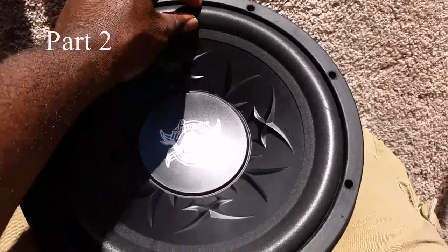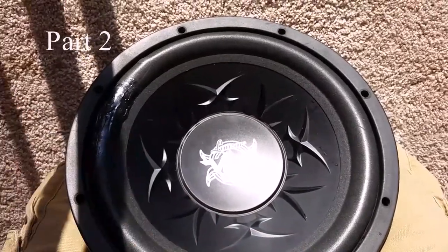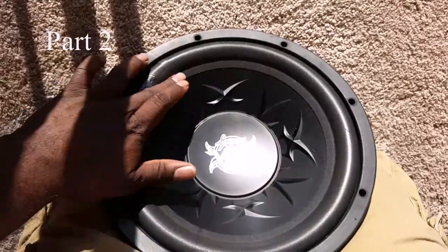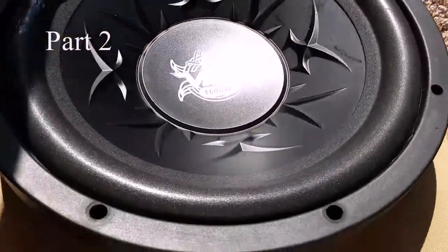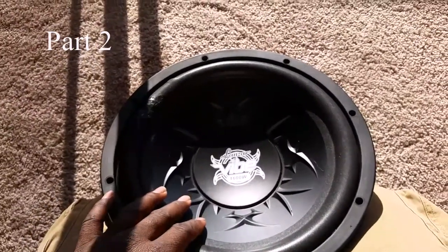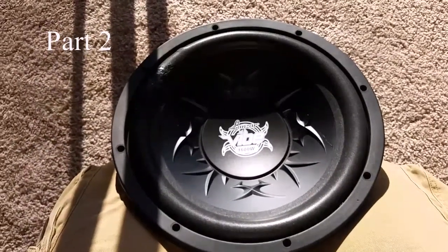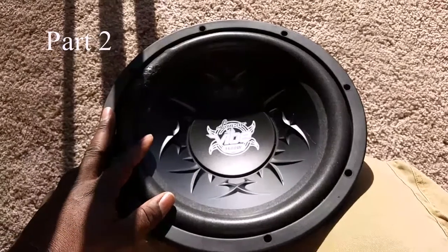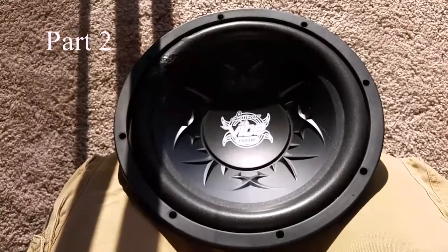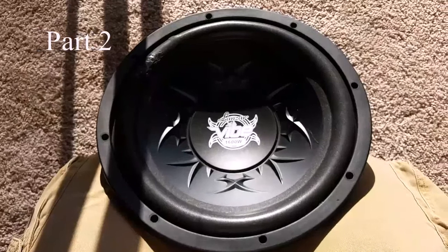And the surround itself is a foam surround, and it's actually glued in right here, and it's not stitched. Most people would prefer stitched surrounds because it shows more durability and more quality. But this one is glued. But like I said, this thing was only like $40-50 at the time. And the quality shows. But it performed, to me, at the time, it gave me exactly what I wanted. And I felt as though it was a bargain. So, that being said, we're going to move on to the next